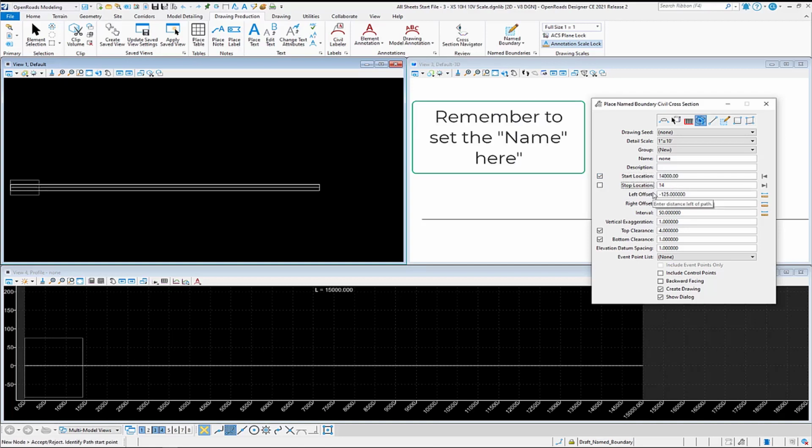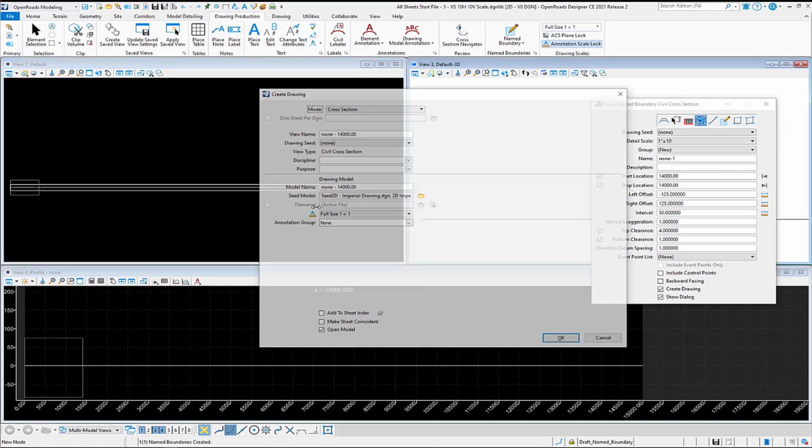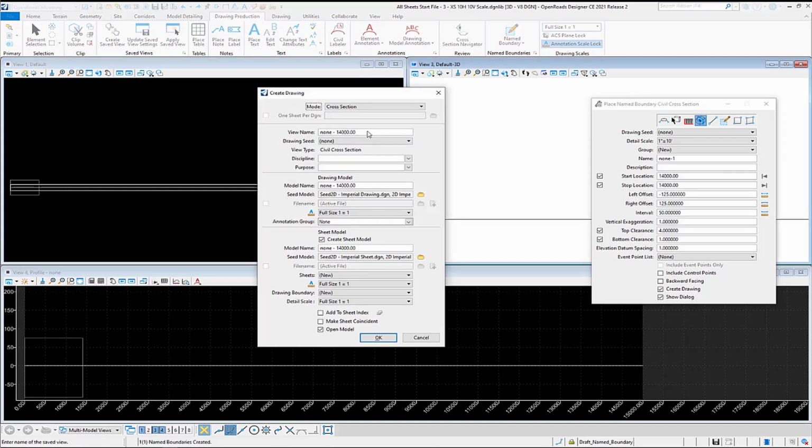Just a reminder to put the name in there. I forgot that, so I put you a little reminder. Hey, don't forget the name. It's not the end of the world here. If you do, you can fix it in the next dialog. Once you have that where you want it, it's going to be 3 clicks to take you over to the next drawing. You'll see what happens when you don't put your name in, right? It carries the word over. So if I come in and put in what I want here,